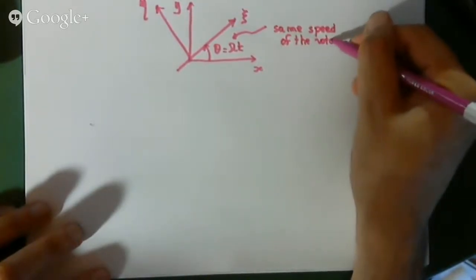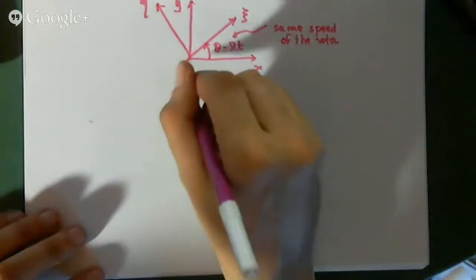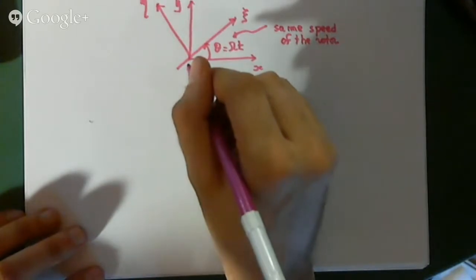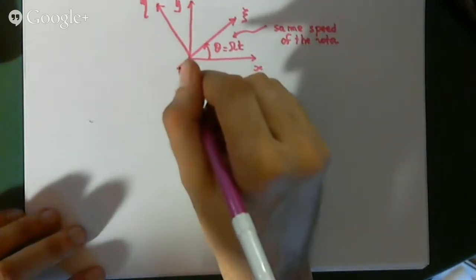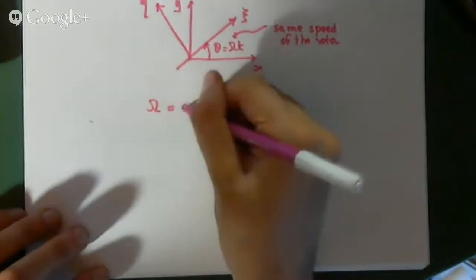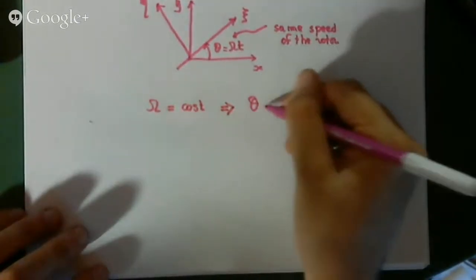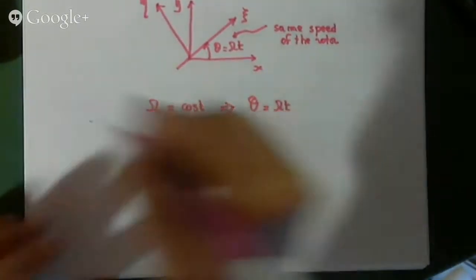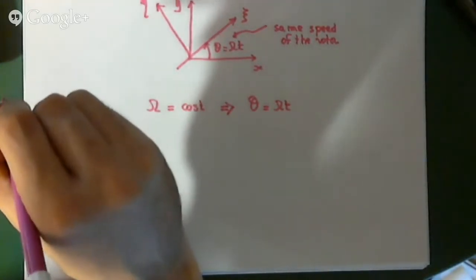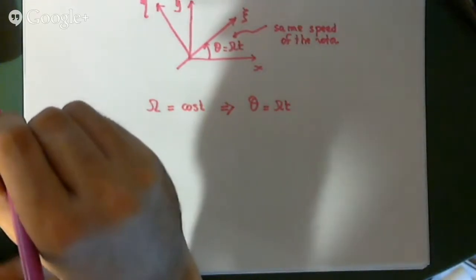When the rotational speed is constant, the angle between the two reference frames is simply given by omega t. If omega is equal to constant, the angle is simply theta equal to omega t. The force caused by rotating viscous damping can be expressed in the rotating reference frame